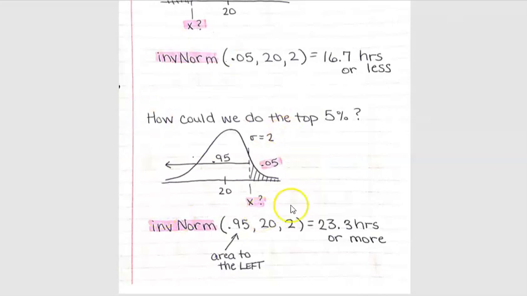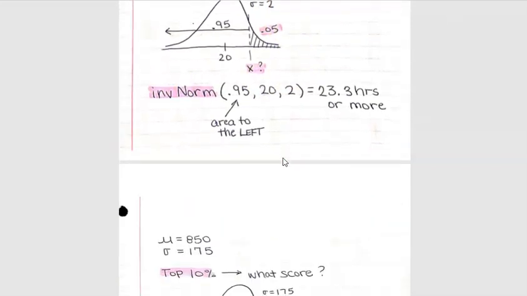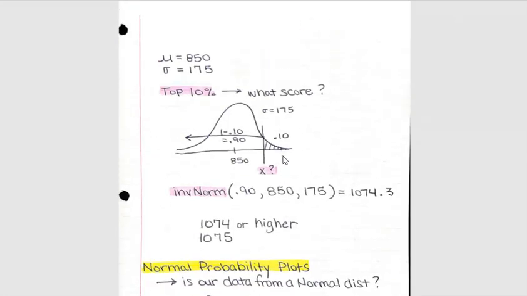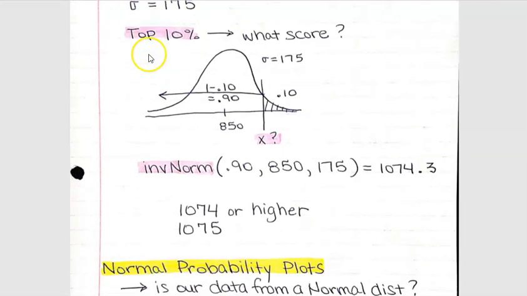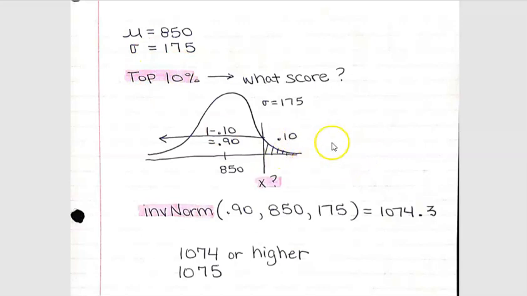So this is similar to what we just did, right? We're going to be using the inverse norm. This here is the information that was given to us in the problem, the mean and the standard deviation. We're looking for the top 10% area and we're trying to find the X. So we're going to use the inverse norm. This one, the area to the left is 0.9, right? The top 10% is the same as the bottom 90%, right? So we would put that in as our area to the left, 0.9, then the mean and standard deviation, and we get